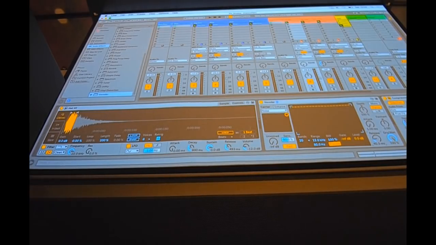So for example, now it sounds like the hi-hat we had, but I can... So if I put that in the mix,